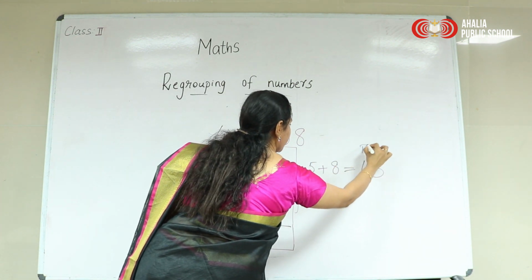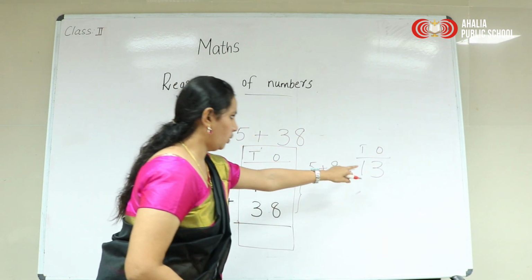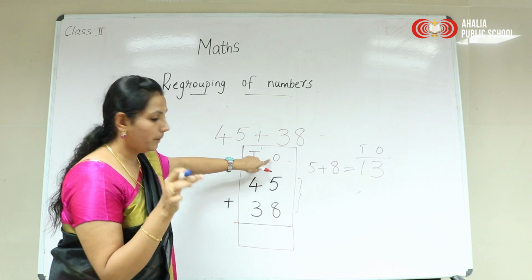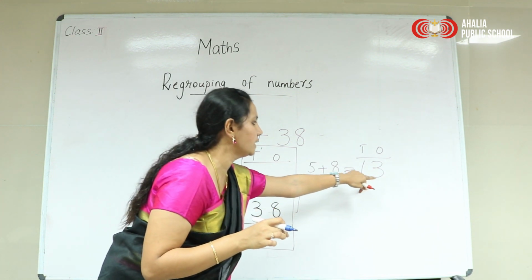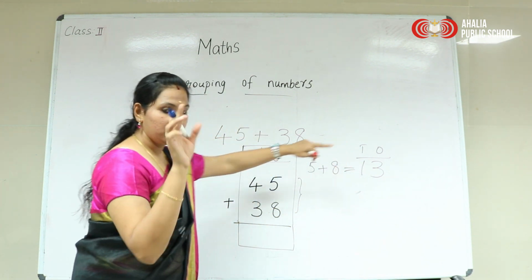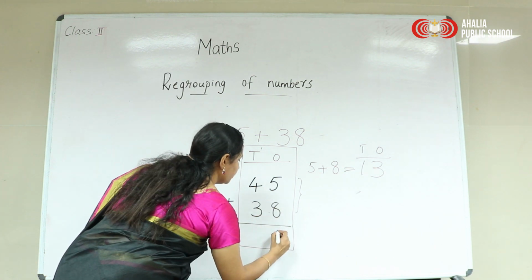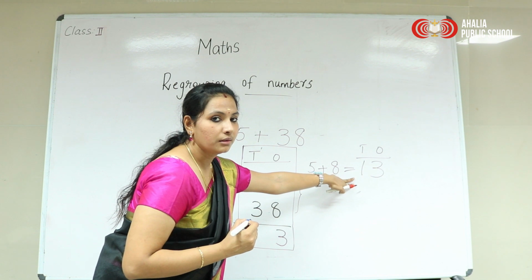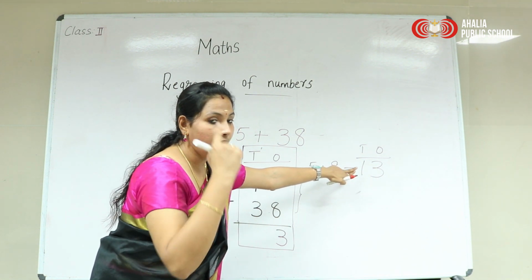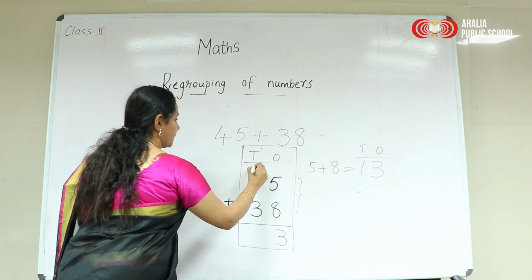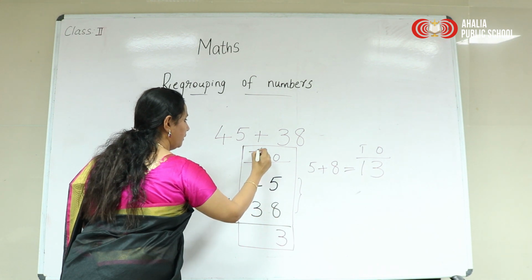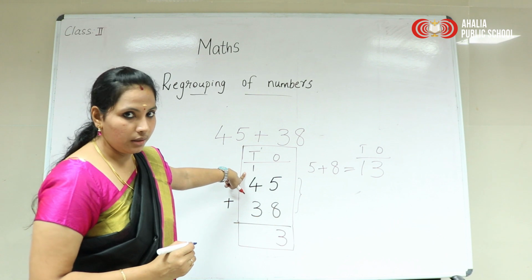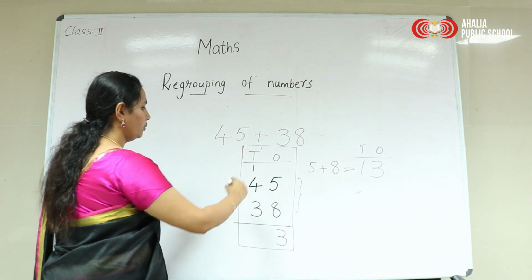Ones place, tens place. So, which number do we add now? In which place? In ones place. So, in 13, which is in the ones place here? 3. So, we have to write 3 here. And what about this 1? Yes, we shifted this 1 as a carry forward into which column? Yes, the tens place value. Okay. Now what do we have to do next?